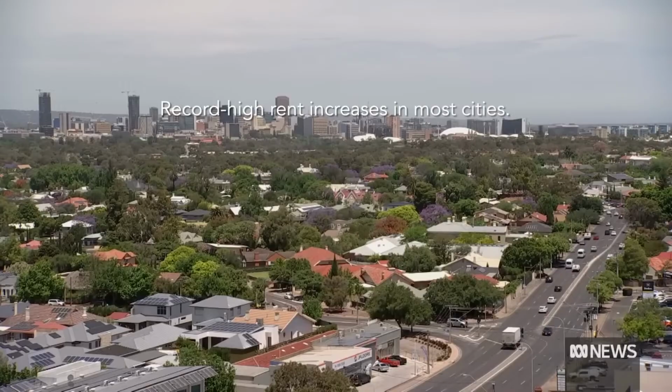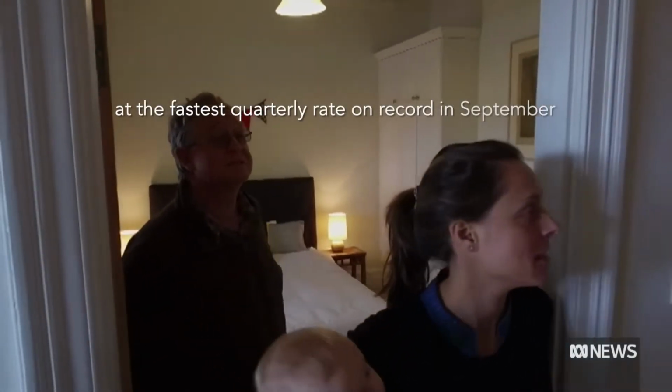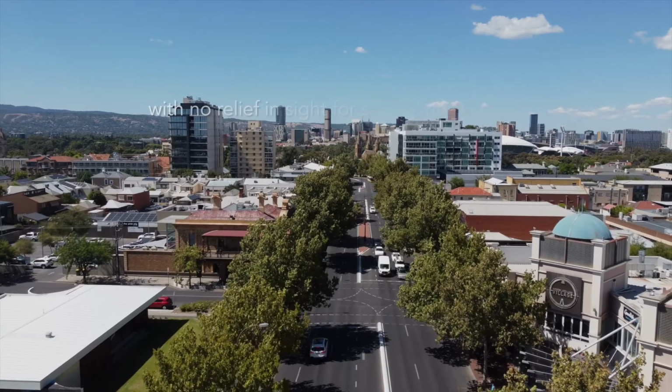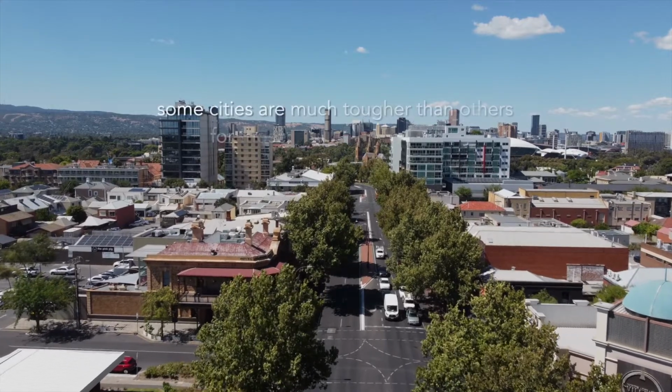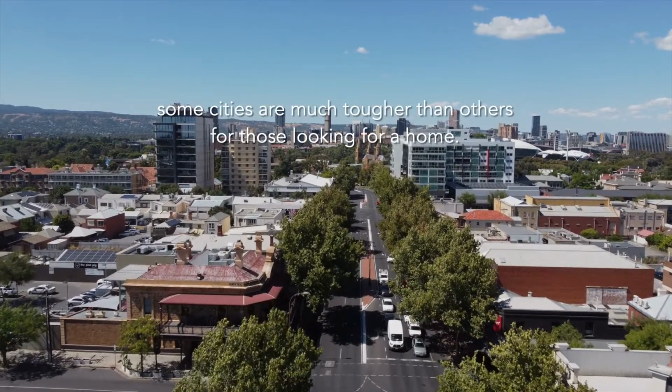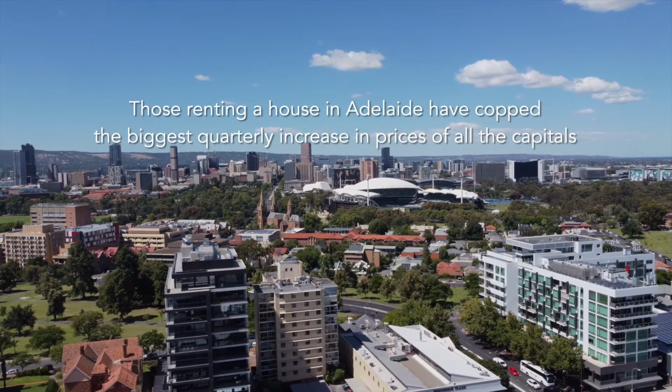Now over to property management. Record high rent increased in most cities. New data shows rental prices rose at the fastest quarterly rate on record in September, with no relief in sight for struggling tenants. While all rental markets are challenged, some cities are much tougher than others for those looking for a home. Those renting a house in Adelaide have copped the biggest quarterly increase in prices of all the capitals,